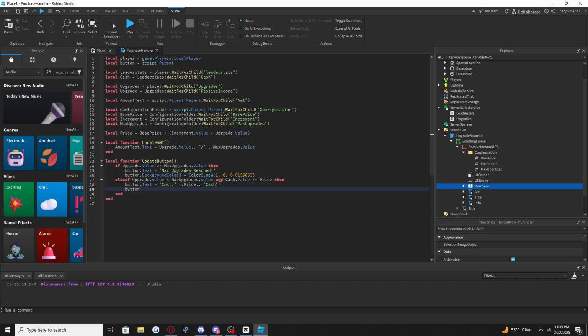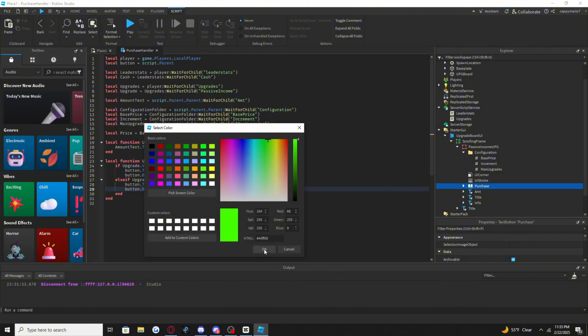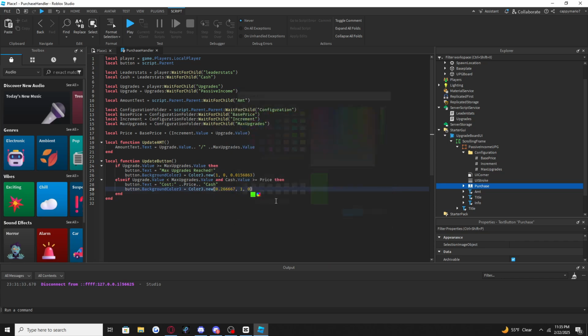Then you want to do button.background color 3 is equal to color3.new, color wheel, change it to a green you like or any other color you'd like. There you go. And then last but not least, else if